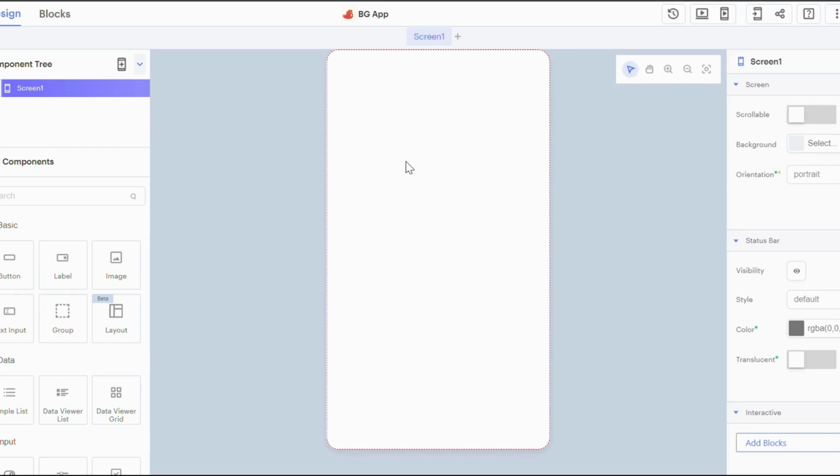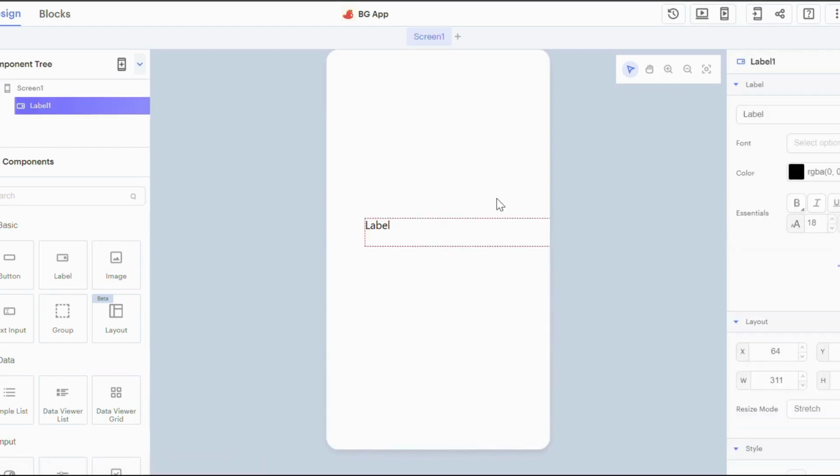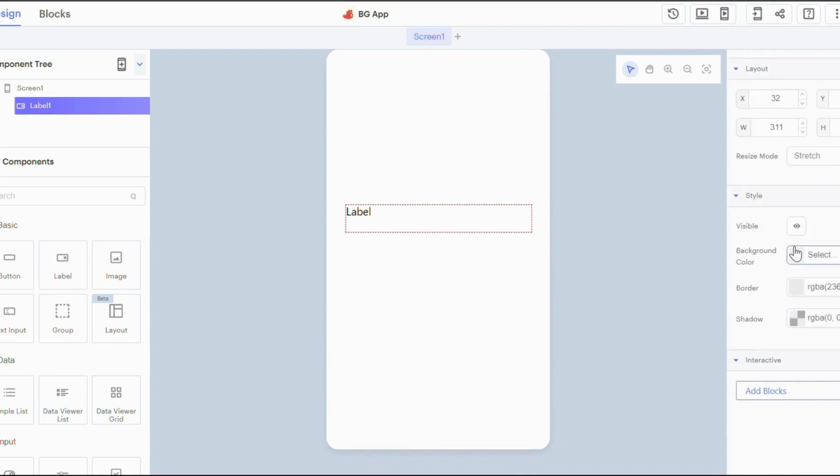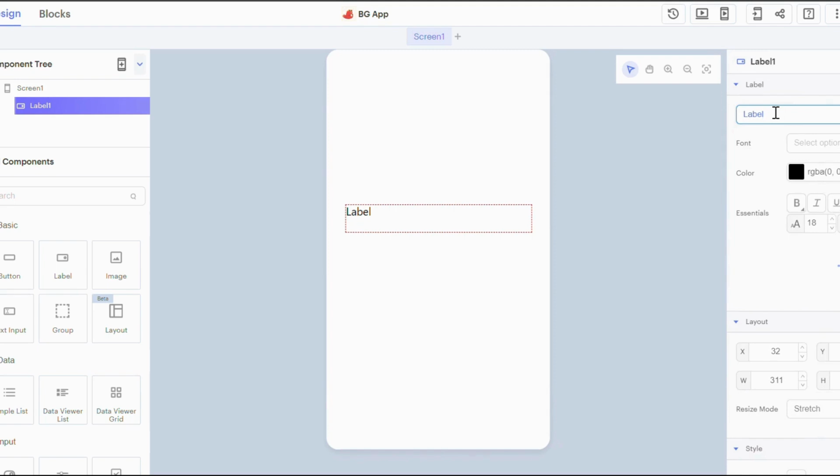So let's get started. The first step would be to drag a label onto the screen, and as you drag a label onto the screen, you see your component tree is populated with the details of it, that label 1 has been added to it. Currently the label's text reads label, so you can change it to give insight of what the app is about. Let's say it's about